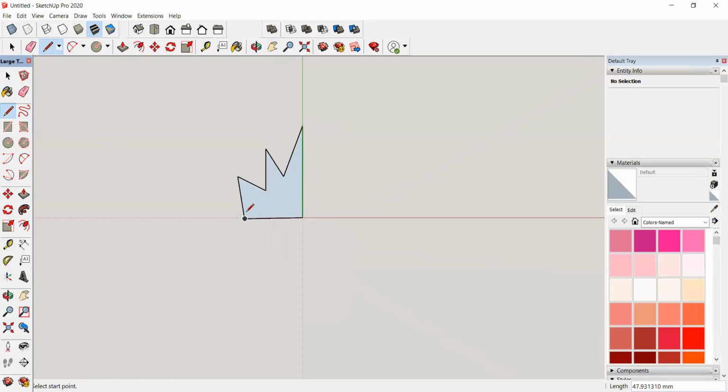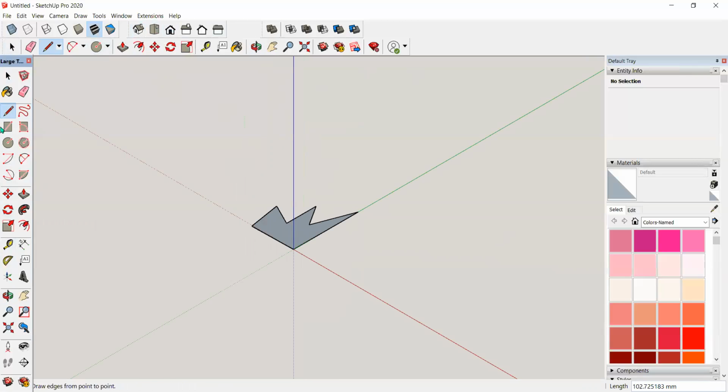The Follow Me tool is used to create complex shapes. Okay, that's done. Then go back to isometric view, then choose